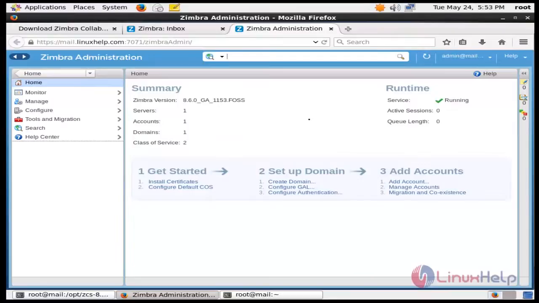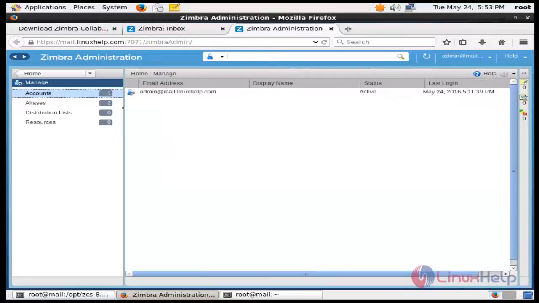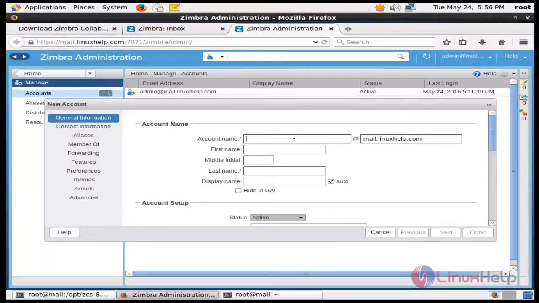So to create a user in this admin console, just go to manage and it will display all the available users. If you want to add a new user, go to the settings and click new. Now we need to mention the username as user1, and if you leave it as it is, it won't look like a valid mail ID, that is user1 at mail.linuxhelp.com. So here I am removing this mail dot. Now it seems to be a perfect mail ID, that is user1 at linuxhelp.com, and the last name I'm giving is just user,